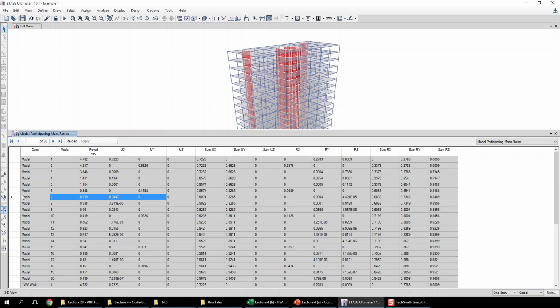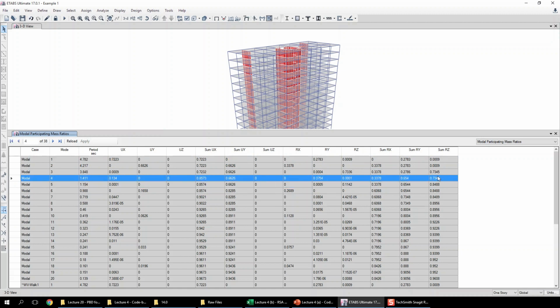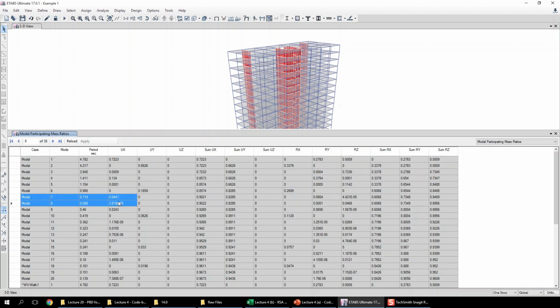So the summary is that, let's say we are only interested in the response in x direction, so we will be applying the response spectrum in x direction, and we also will be calculating the individual modal responses in x direction only. So in x direction, if we separate the mode shapes, we can say that mode 1 according to software numbering is the first mode in x direction. The mode 4, this one, is the second mode in x direction, and mode 7 is the third mode in x direction.